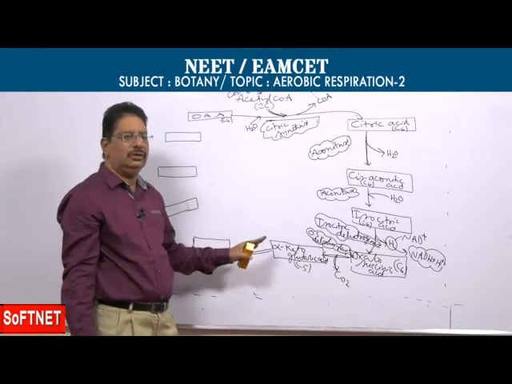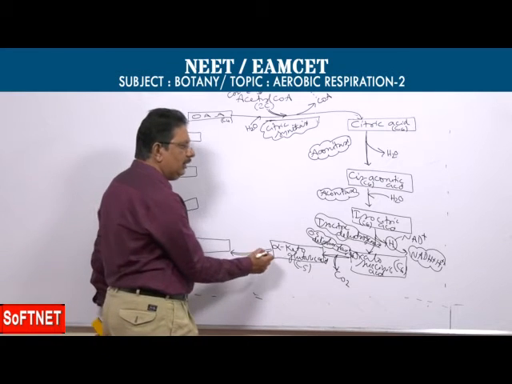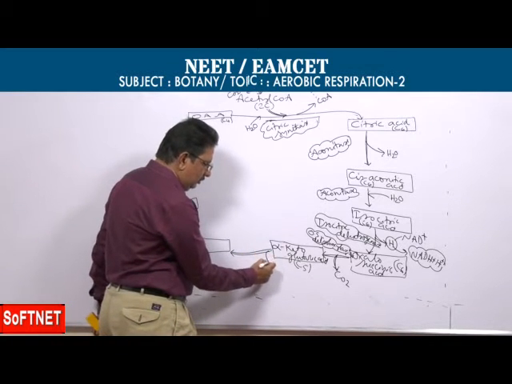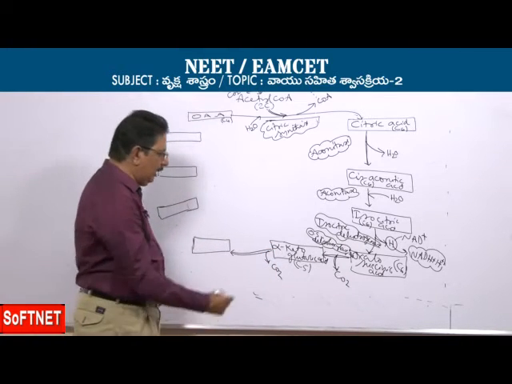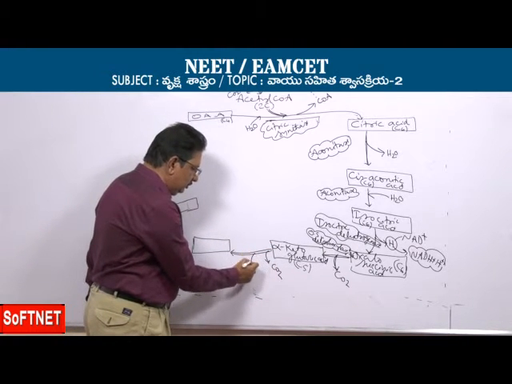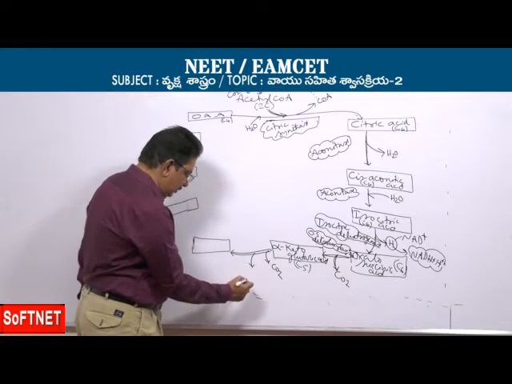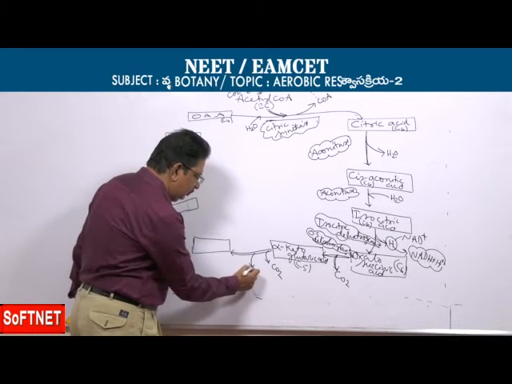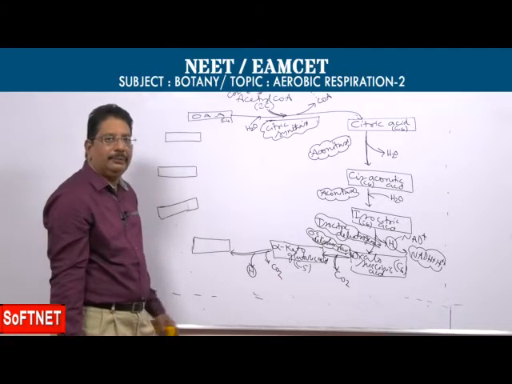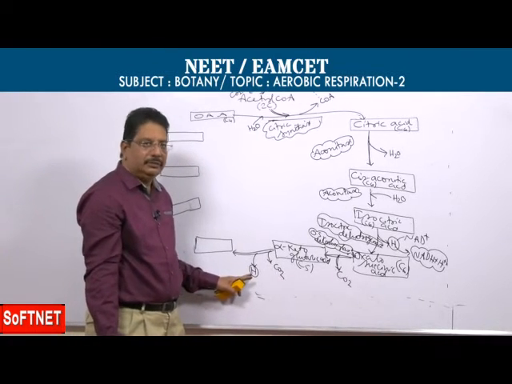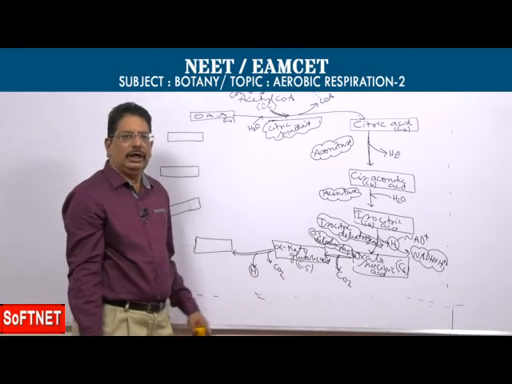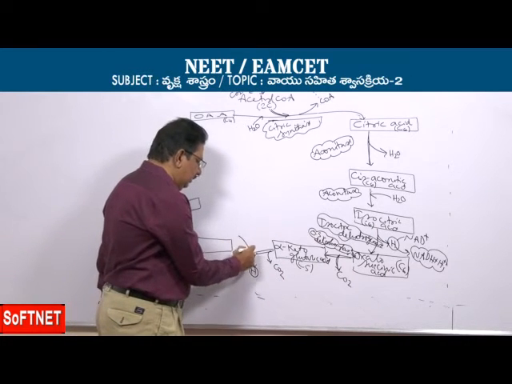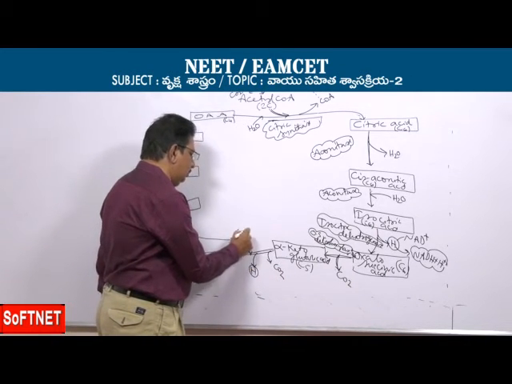Similarly, here also alpha ketoglutarate acid undergoes decarboxylation and it undergoes dehydrogenation. So, once again a pair of hydrogen atoms are being removed from alpha ketoglutarate acid and